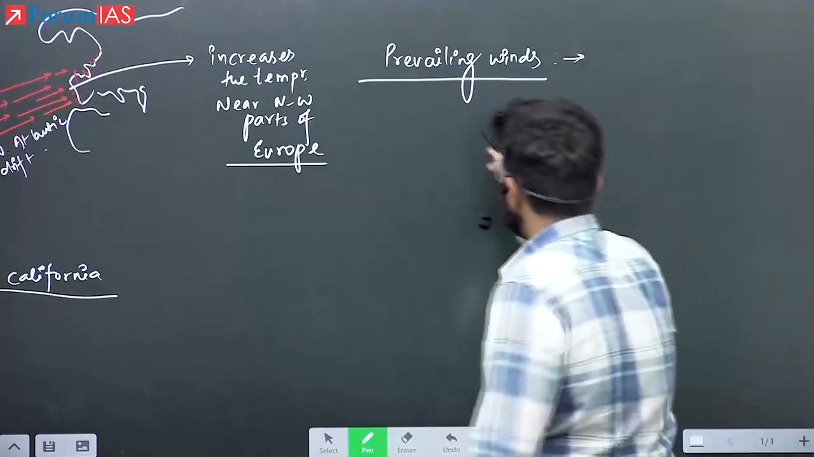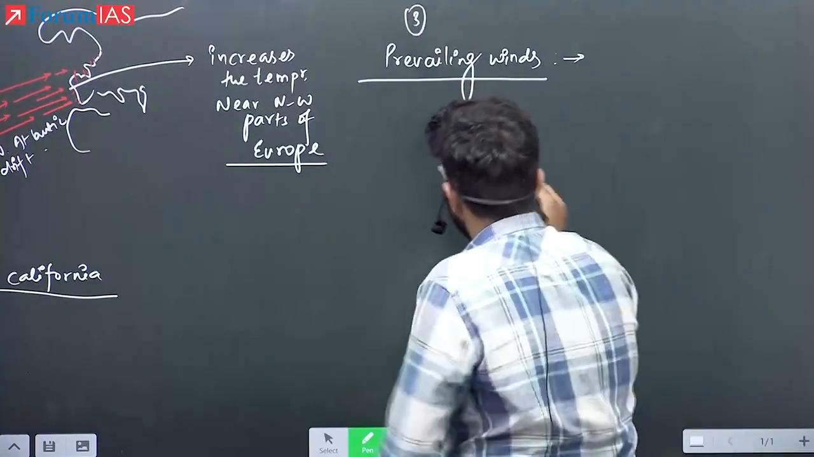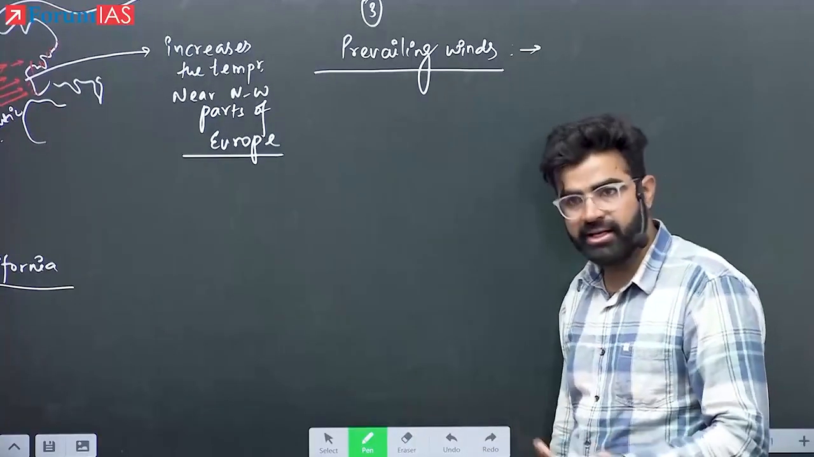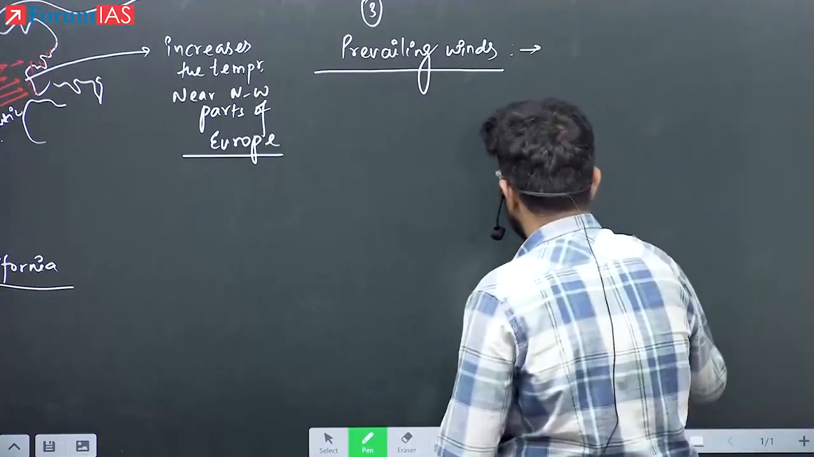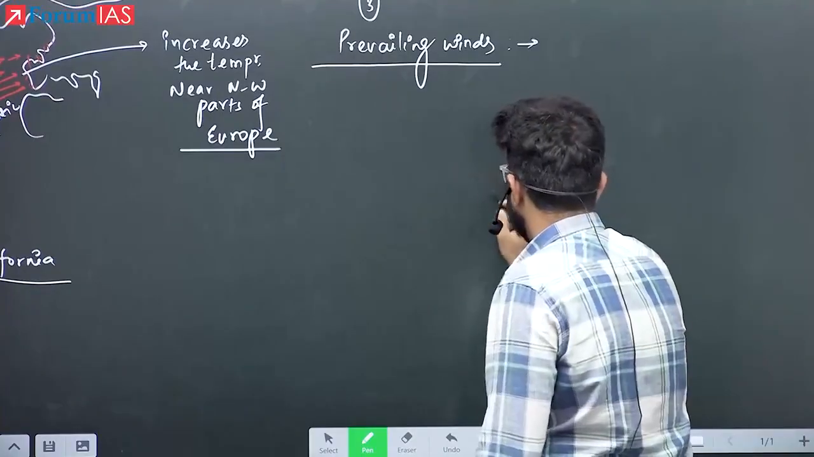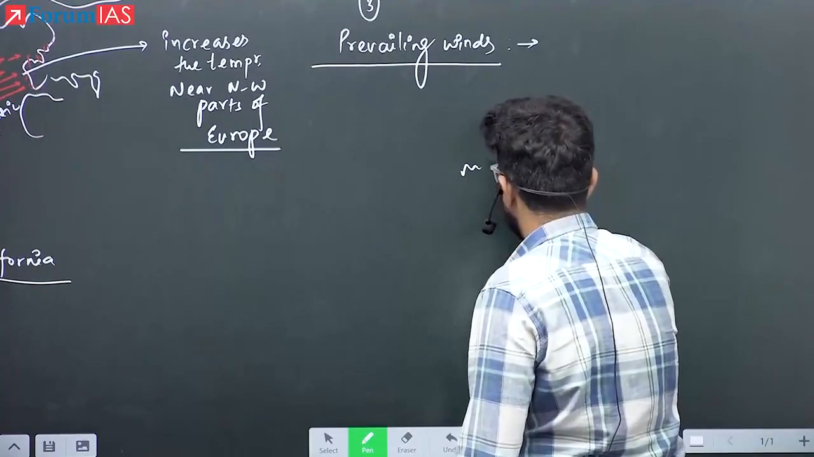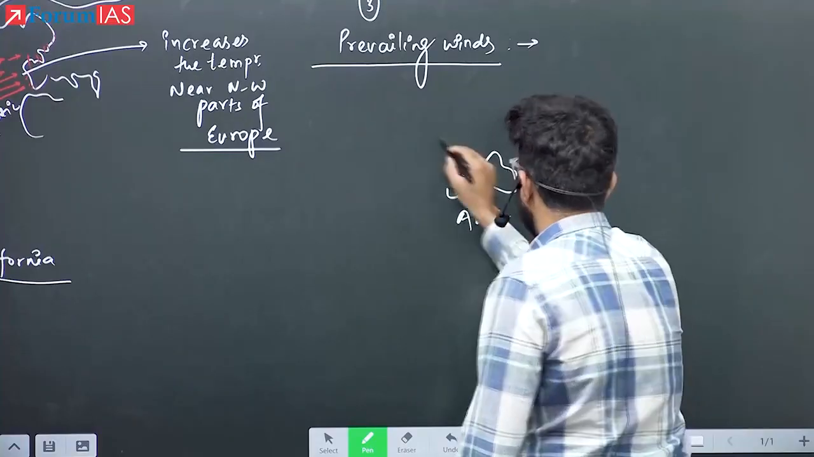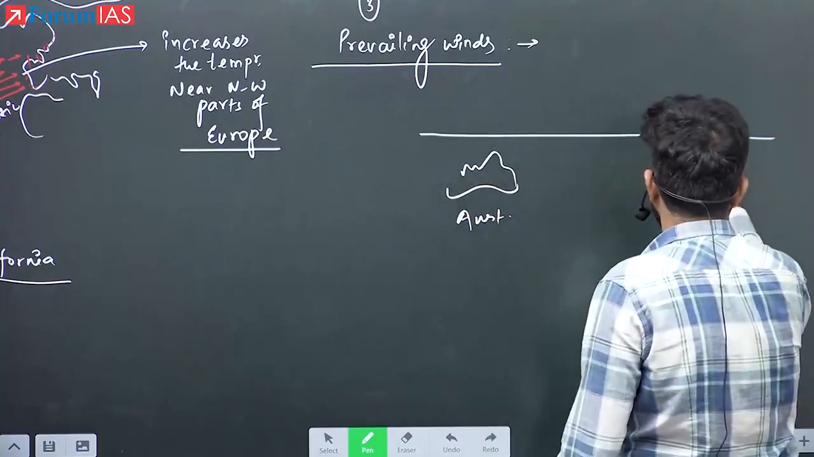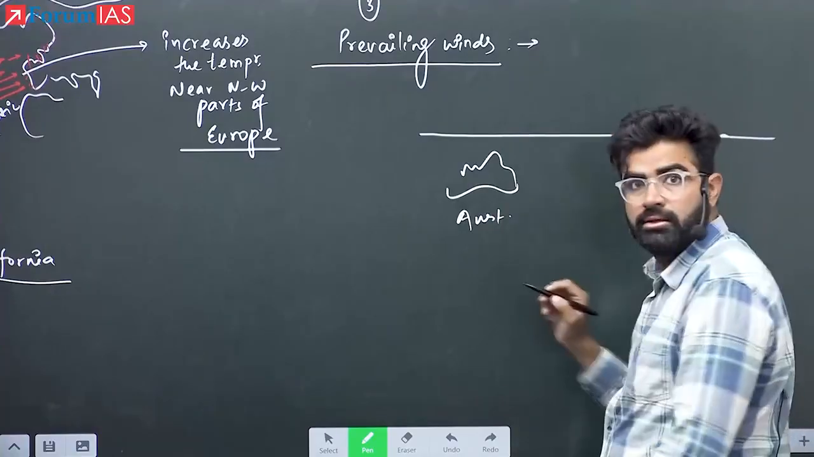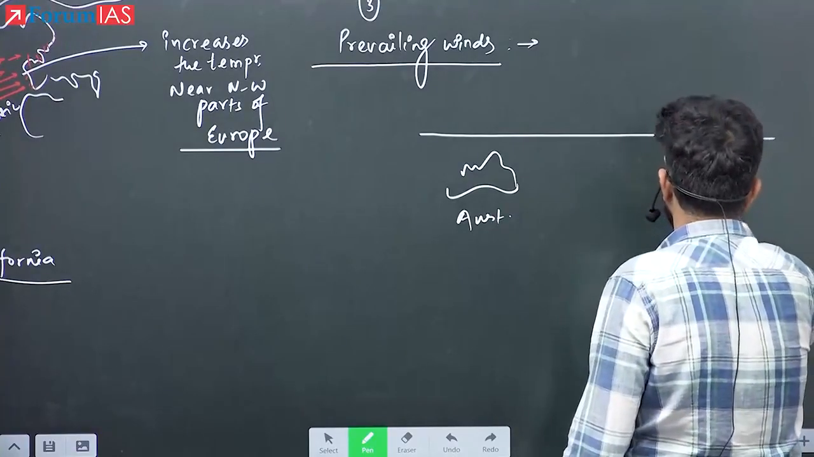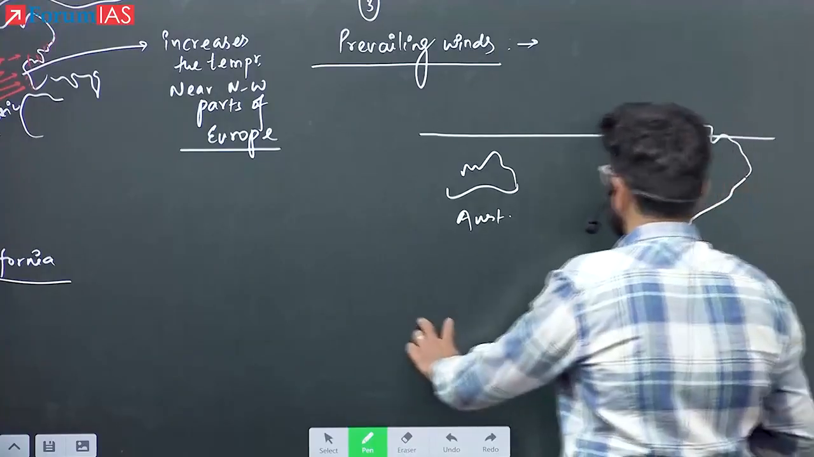In the prevailing winds, this is the third factor. Now, we discussed the trade winds, the westerlies, the polar easterlies, right? Now, for example, if I ask you, let's say this is your Australia, and here is the equator, and over this equatorial area we have, let's say, this is Peru and